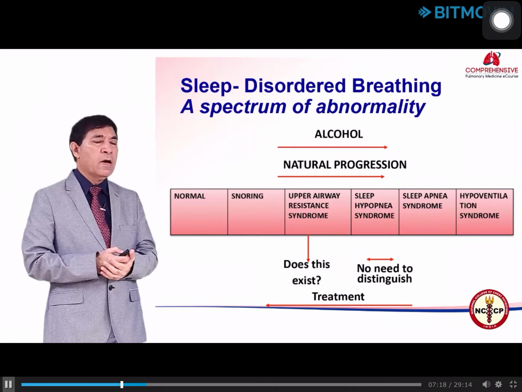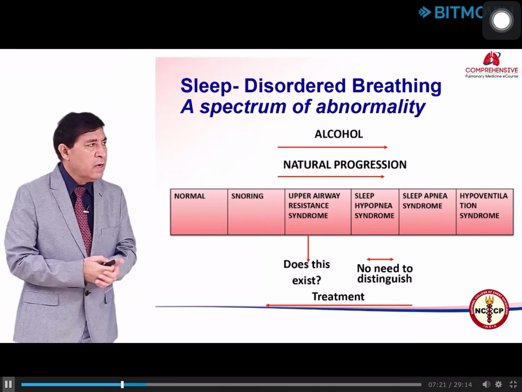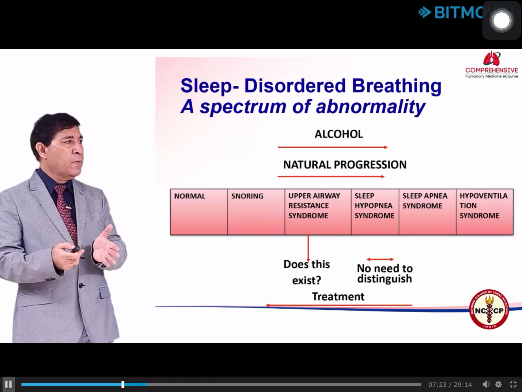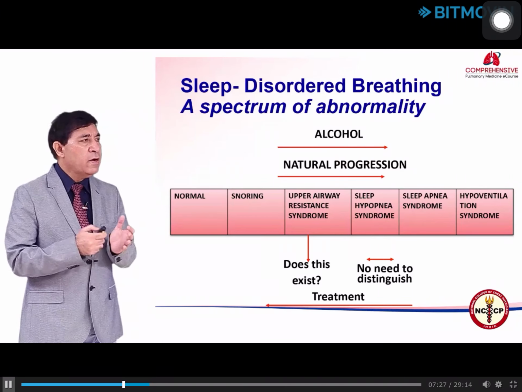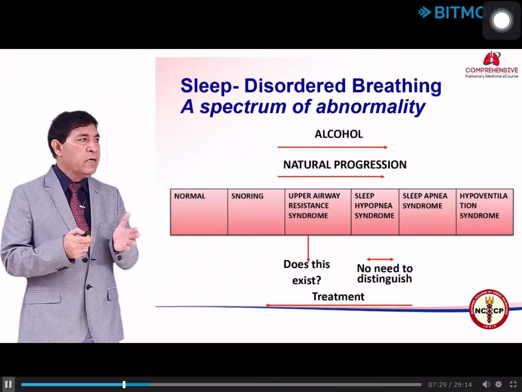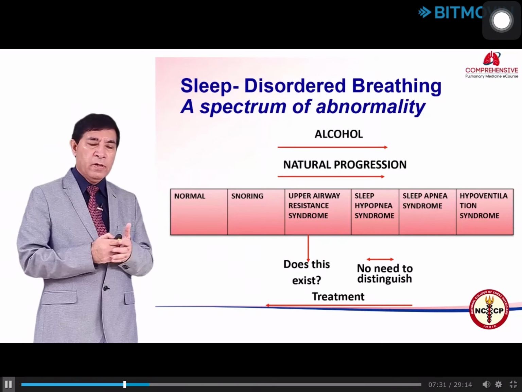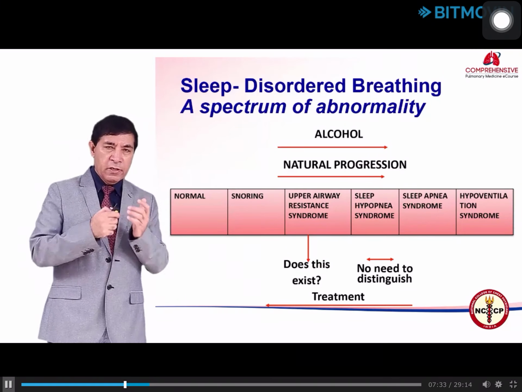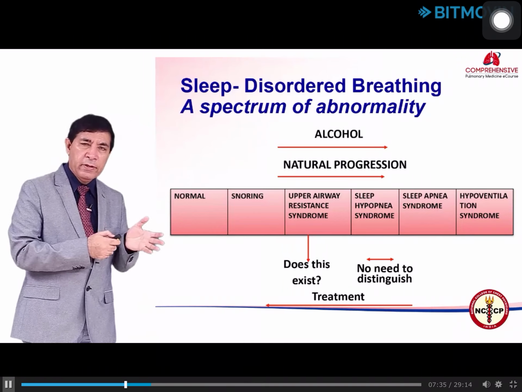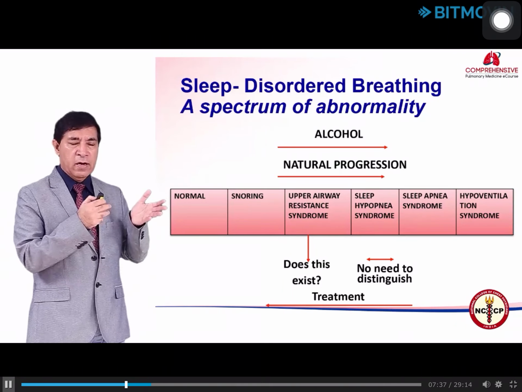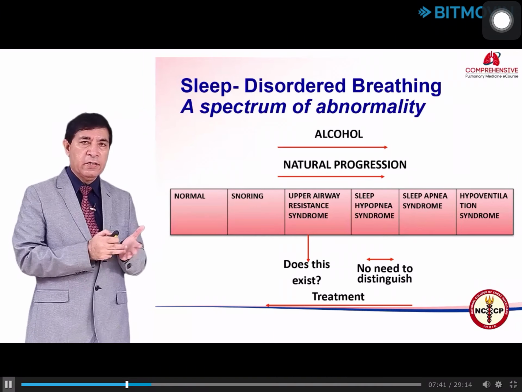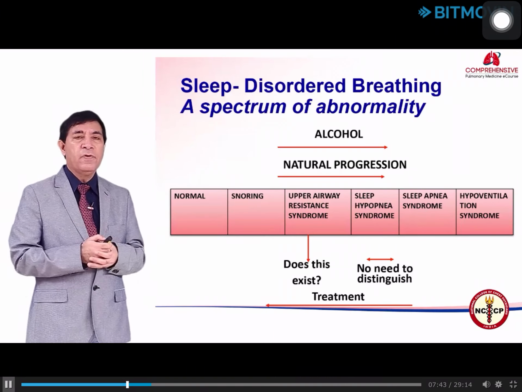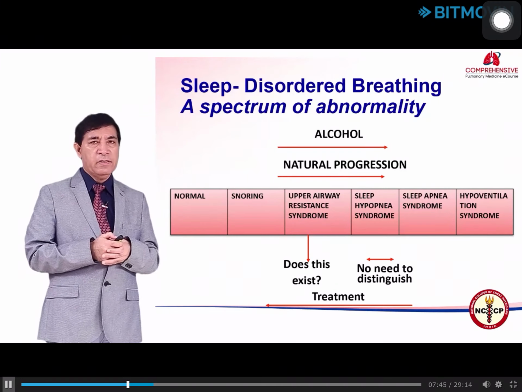We call this upper airway resistance syndrome. Then we have classical sleep apnea hypopnea syndrome, and a combination of these two. Finally we have what we call sleep hypoventilation syndrome, in which the patients, along with having apneas and hypopneas during sleep, have daytime hypoventilation evidence in the form of increased carbon dioxide levels